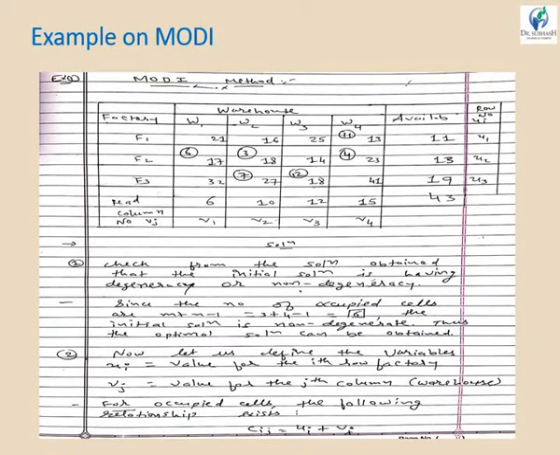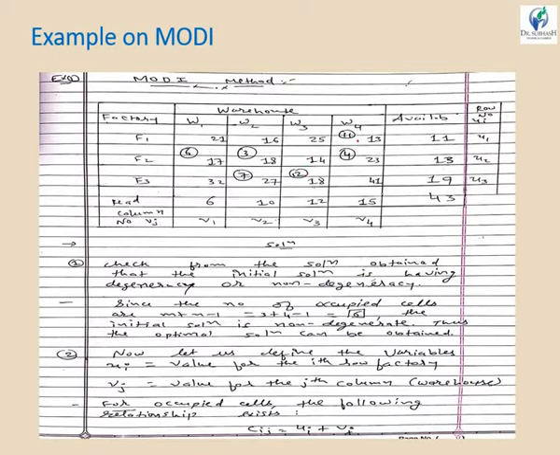So 3 plus 4 minus 1 is 6. If the number of occupied cells obtained is less than m plus n minus 1, that is 6, for example if it was 5, then the solution is said to have degeneracy, because as per the formula 3 plus 4 minus 1 is 6. So your solution must have 6 occupied cells, which you can find over here: 1, 2, 3,